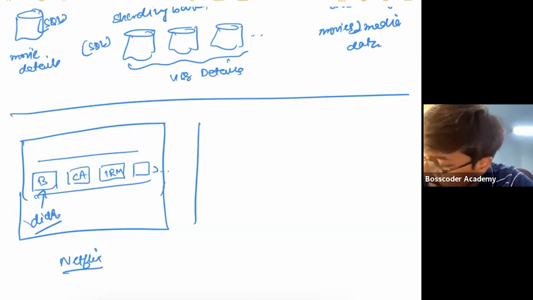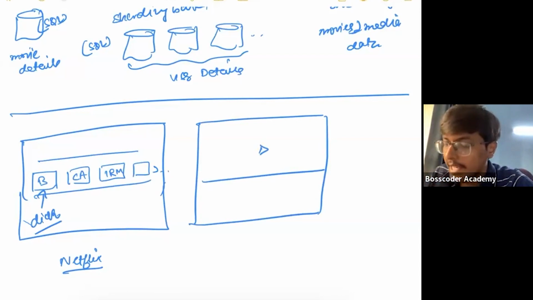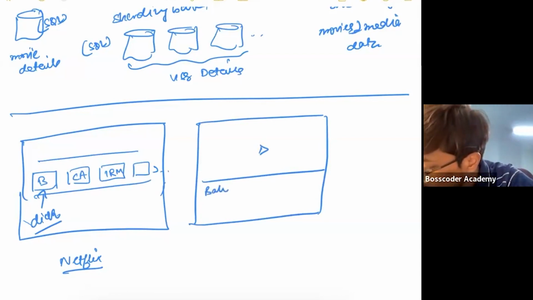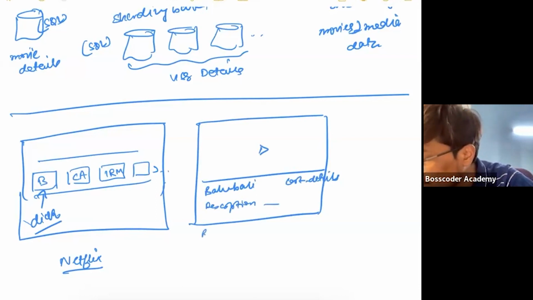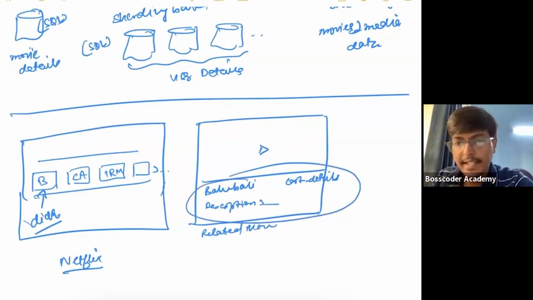You will go onto a screen like this. Here on this part, there will be the movie, which is not played yet. Here, Bahubali will be written. Here cast details will be shown. Here other things will be there, for example, maybe the description will be here. And here might be related movies. Is this making sense? Something like this you will see. A quick yes. Right? You'll see something like this.